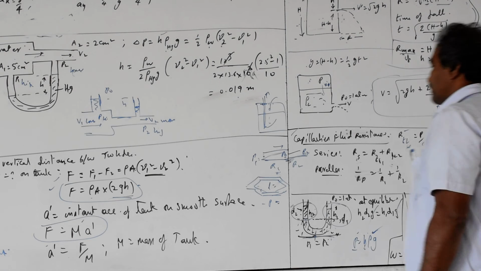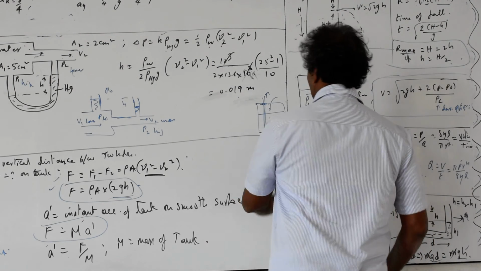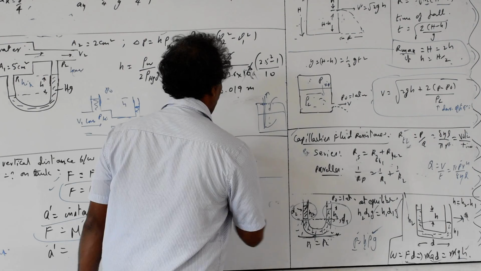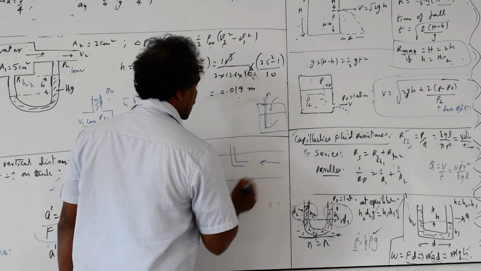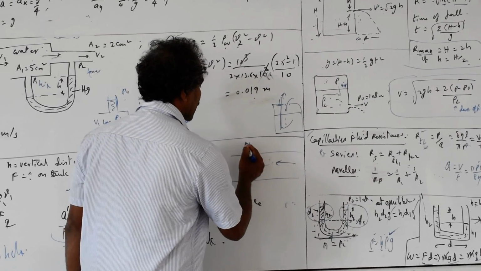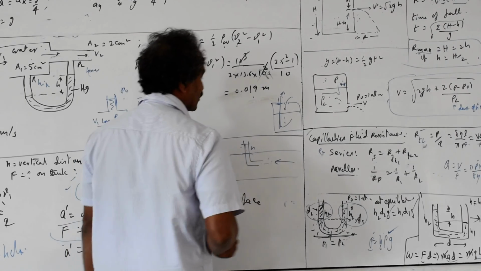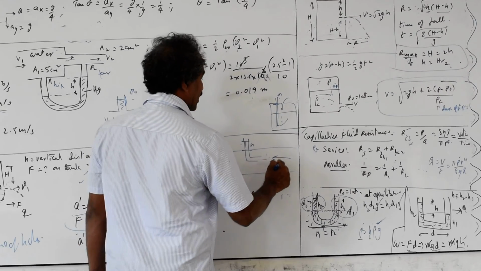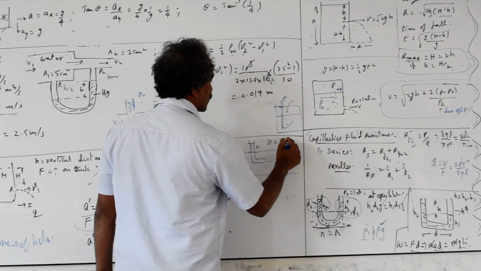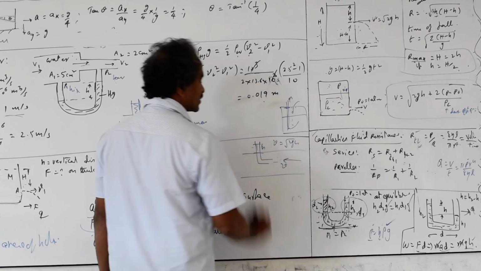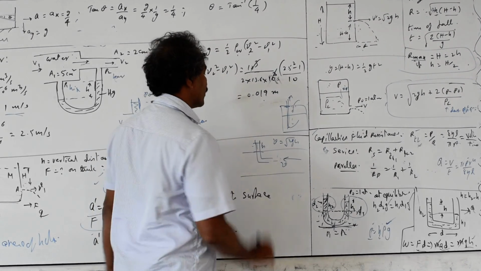The pitot tube also works on the same principle. If you take an L-shaped pipe in a water flow, where water is flowing in this direction, and you keep the L-shaped pipe inside, the liquid flows and rises up here. How much extra height it rises with respect to the level in the water is related to the velocity. You take the kinetic energy as converted into potential energy, so velocity equals root of 2gh. Generally they will ask for h, or the fluid velocity if you give h.